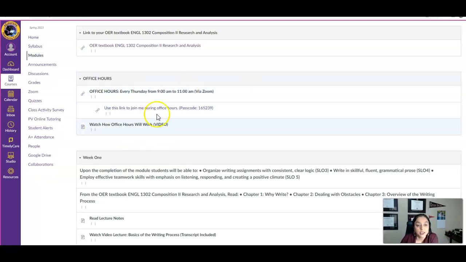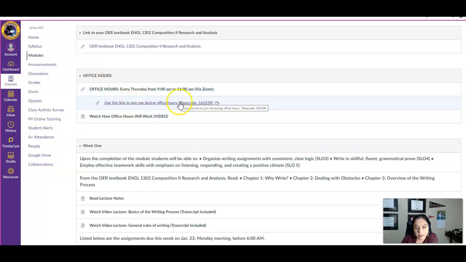I do have office hours, and this link will bring you to a Zoom room. When you log in, I want you to actually talk into the mic and say hello or hey professor, because usually what happens is all the Zooms open, I am on a different folder or in a different page, and I don't see that someone's there if you don't talk.